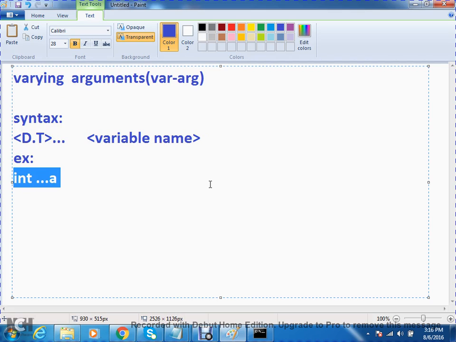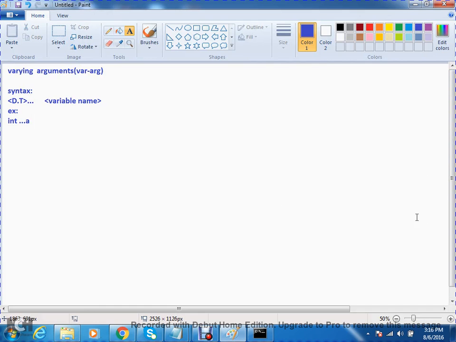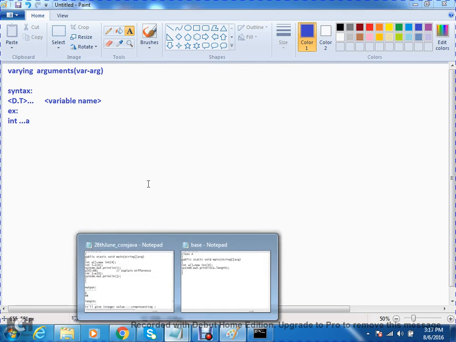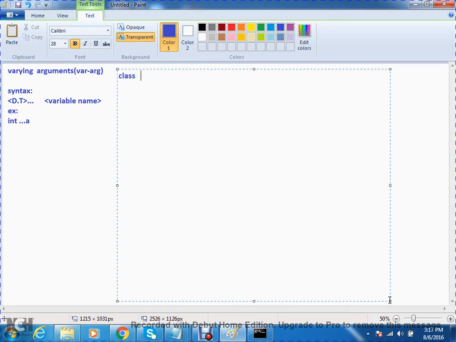Now observe here. To understand this example, we must go to one code. Through demonstration you can understand. Class Anil, void m1 method, void m2 method.